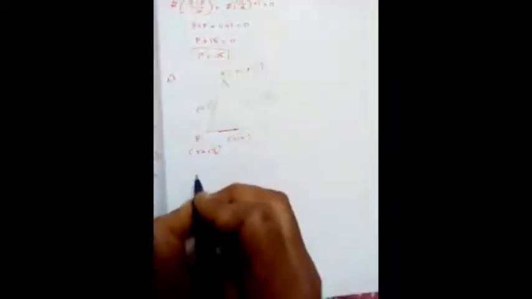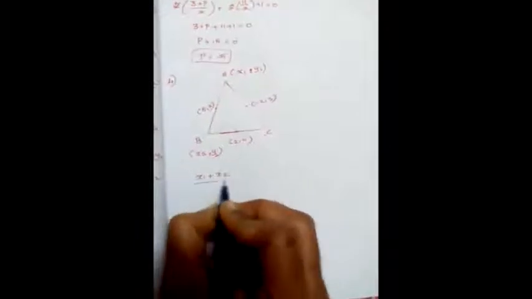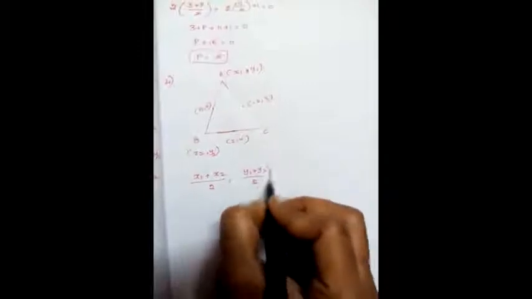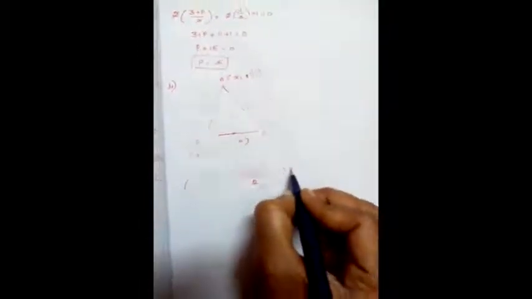Midpoint formula: x1 plus x2 by 2, y1 plus y2 by 2. The midpoint is 5 comma 2. Now we have to find x1, y1, x2, y2, but we cannot find them directly. So by using this midpoint formula, with the midpoints 5 comma 2, 2 comma 4 and minus 2 comma 3, we can have the equations. By solving the equations, we can have the points. Okay, now the first point is,